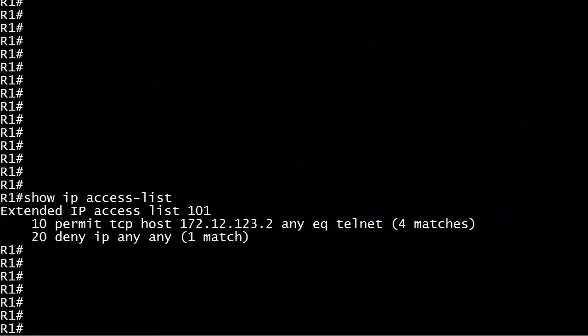We are ready to pick up from the end of the last lab, and I did send a little more traffic over, so we've got some extra matches here. But again, our access list that has been applied to the VTY lines on router 1, and we're letting router 2 in from 172.12.123.2, and we are denying everybody else, including our poor friend over at